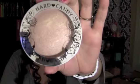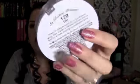So I don't know, I just really like it. It's super soft. I'll link the Sigma brushes down below because this one's one of my favorite. And I did a whole review on the Sigma brushes also. Oh, but I love this brush. Okay, so next product is going to be a highlighter, and this is the Hard Candy So Baked Bronzer in